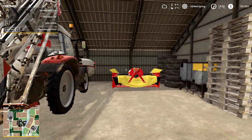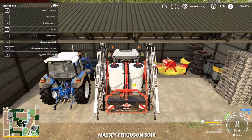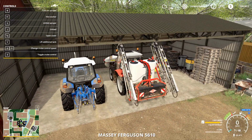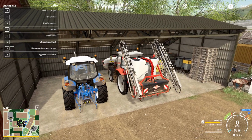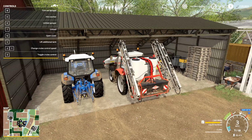Okay, we'll jump into the Massey. Cool. Right, well, I don't know whether that will be enough to do all the fields. Probably just need a top up. So we'll go and do that. Now, let's